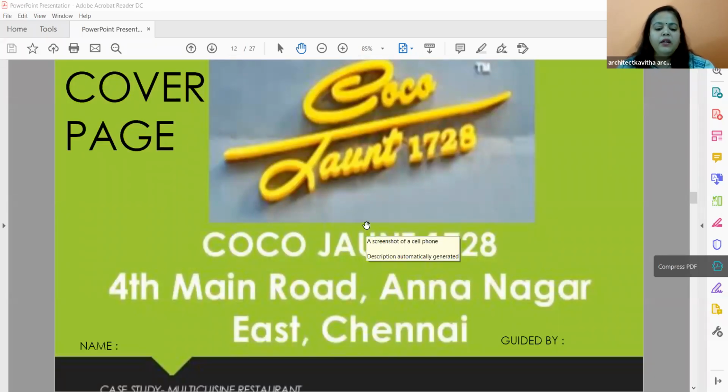To make a project report, if you want to do it on computer, fine. Even if you want to do it manually, it is fine. Like collecting photographs, printing them, and writing manually is fine. So the first one is your cover page. Whatever your project, you can design your cover page. You will get a lot of options when you're searching on the net for your cover page.